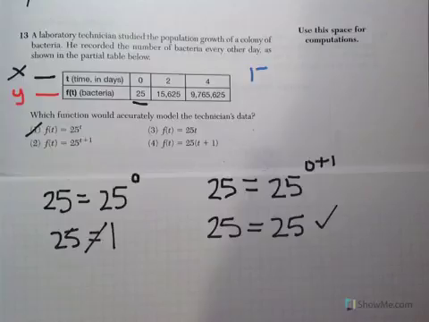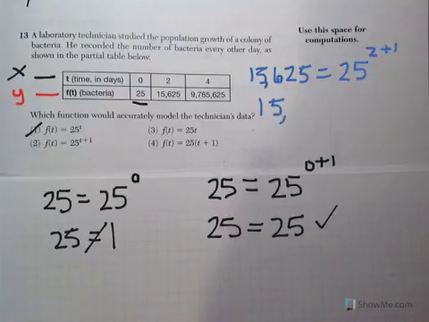So we're going to say 15,625 is going to equal 25 to the power of 2 plus 1. So 15,625 equals, if you type in 25 to the third power, because 2 plus 1 is 3, you will get 15,625. So your answer is